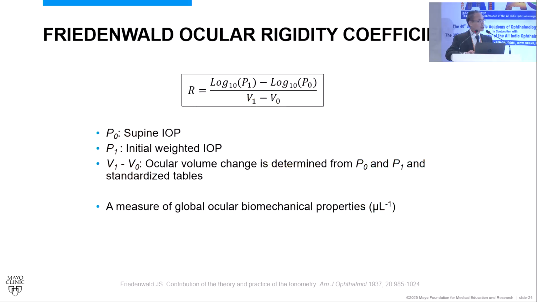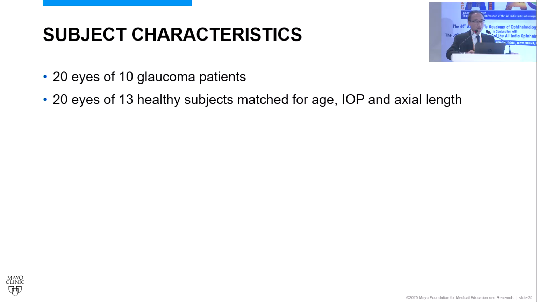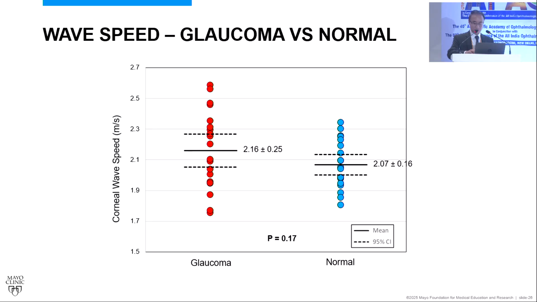We can also measure the ocular rigidity coefficient, called the Friedenwald ocular rigidity coefficient, using essentially a weighted pneumotonometer or weighted Schiotz tonometer. So we've looked at this in some studies. This is actually an old version of the presentation, but we've looked at this in normals and glaucomas, and we